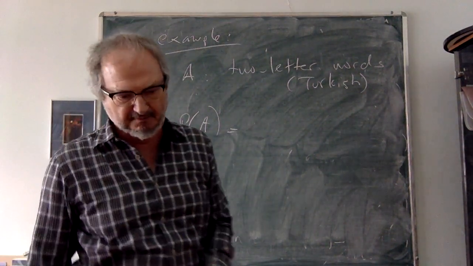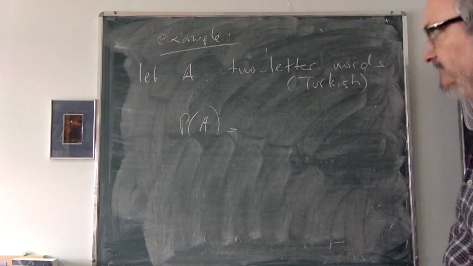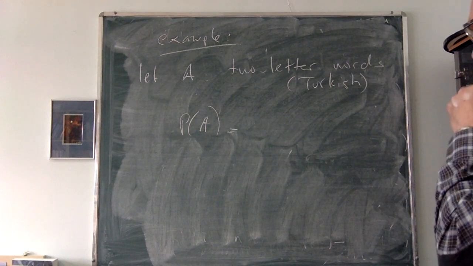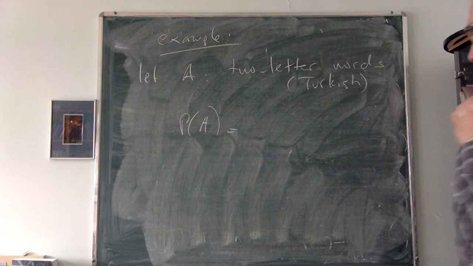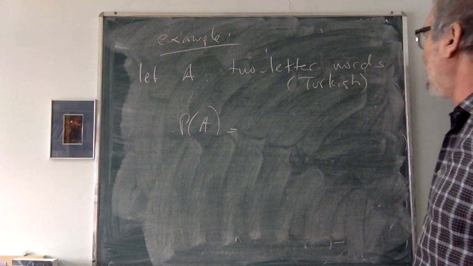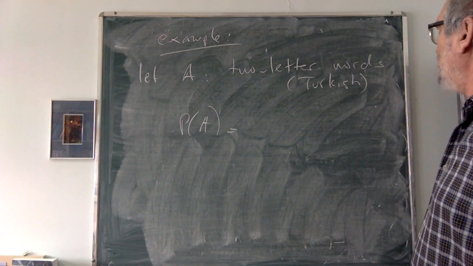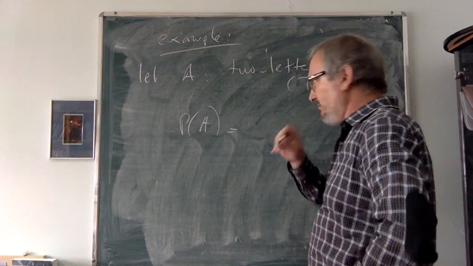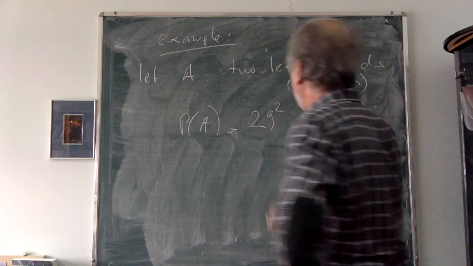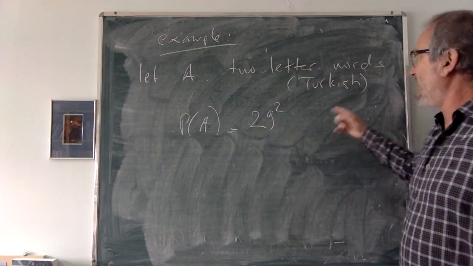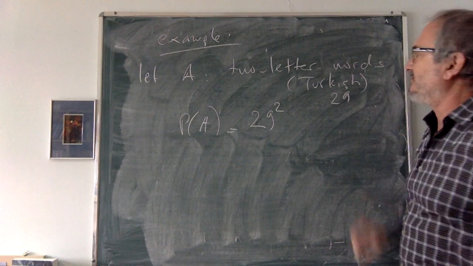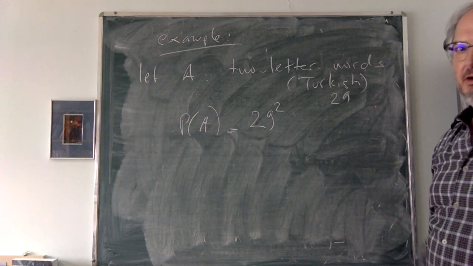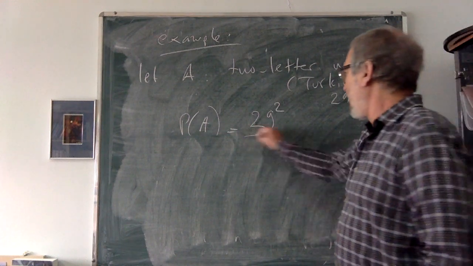Right. Well, 2-letter words are essentially what? There are 29 symbols. So 29 times 29 is going to give you all possibilities of 2-letter words, and you divide this into